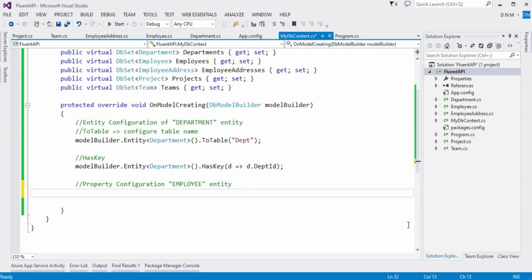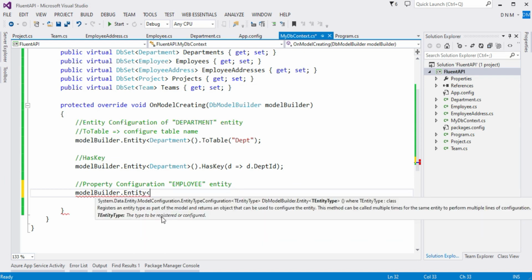As I said, we do not want the EmployeeID property or column to be an identity column. So we use the modelBuilder object, which is of type DbModelBuilder class, then the Entity method. Here you have to specify the entity that you want to configure. I want to configure the Employee entity.